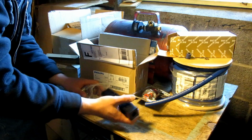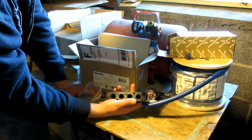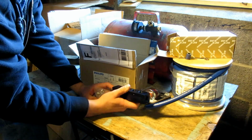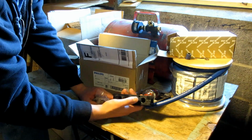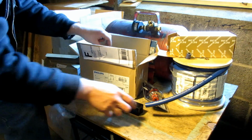This is a distribution block for an air setup. I'll use this as an input, and then this will be the main output, and then anything else I need to control the system will get plugged into here. For instance,